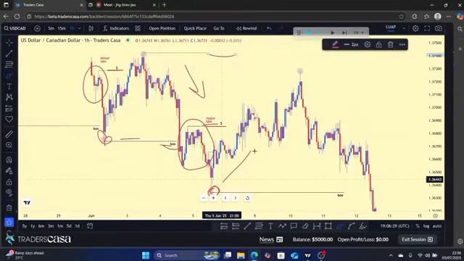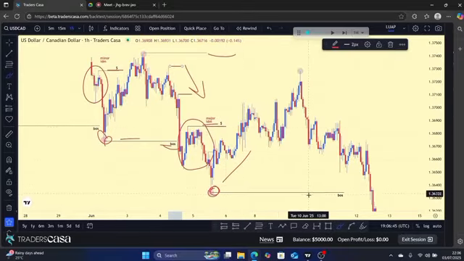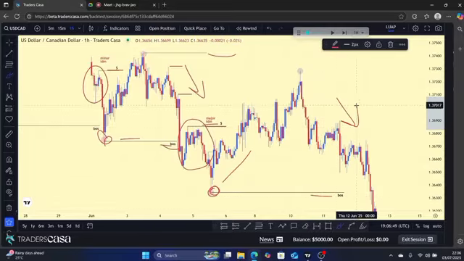So you can clearly see it reversed and took out the major inducement, and I said it doesn't matter how much more it takes. We are only interested in this first one, and you can clearly see price has taken that. This here is confirmed to be a swing point. Once price has taken out the inducement, and then reverses back, breaking past that swing point,